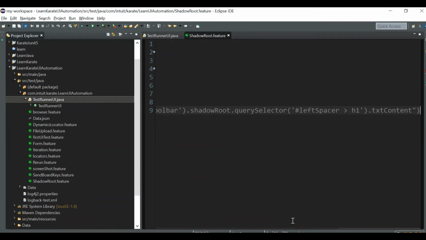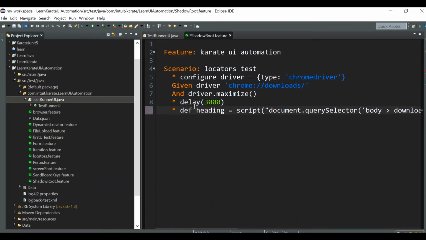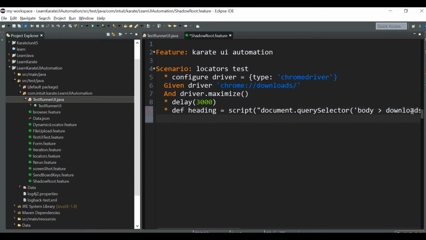Okay, now next, one second, this should be text content, and now we can print the value of this heading. Print heading.